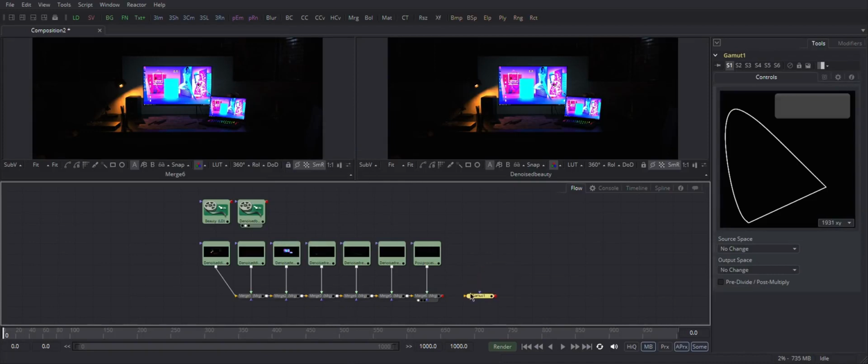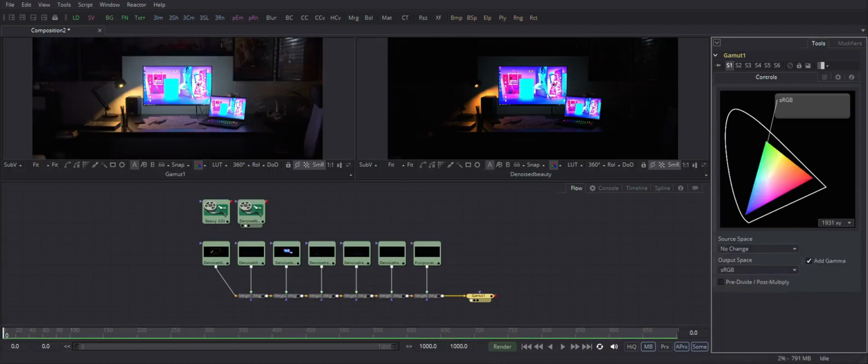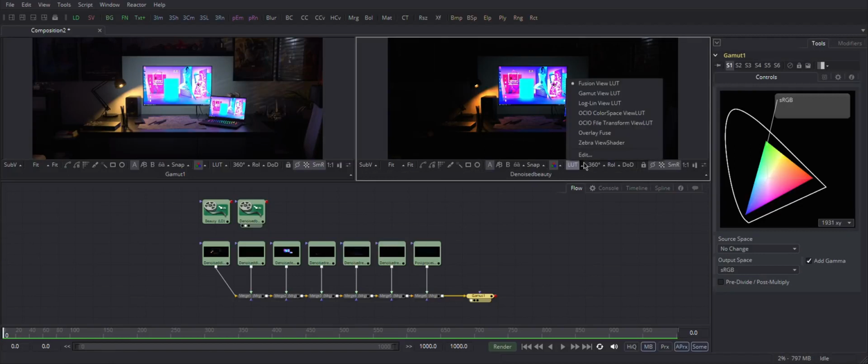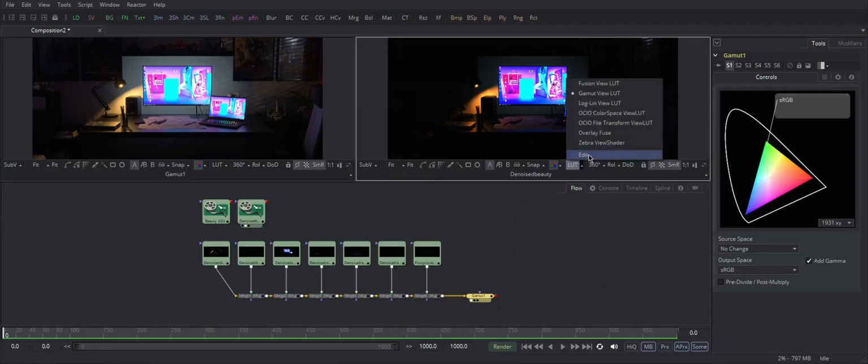In the gamut, you see we have source space and output space. We don't need to change the source space, but we want to change the output space to sRGB. So the left window is now showing the correct result in sRGB using this node. In the right viewer, we will use a LUT. Click here, LUT, select gamut view, select edit, and do the same, output space